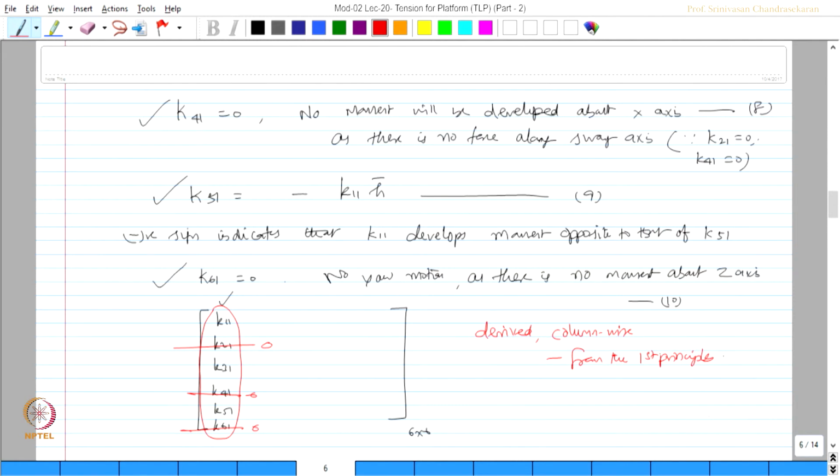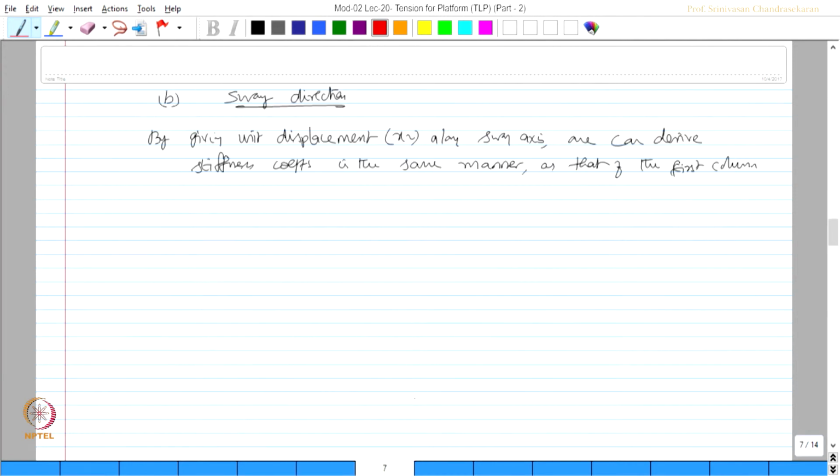It means no sway, no roll and no yaw. On the same basis, I should say no surge, no pitch and no yaw. No surge, that is K12